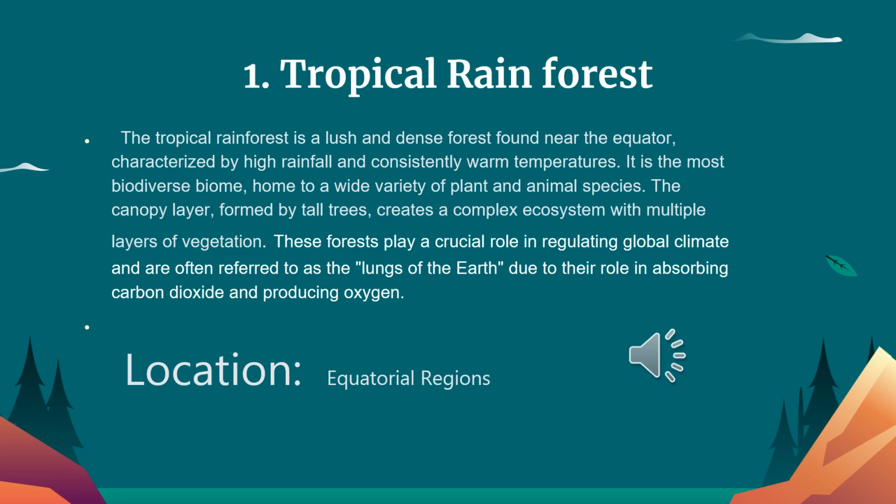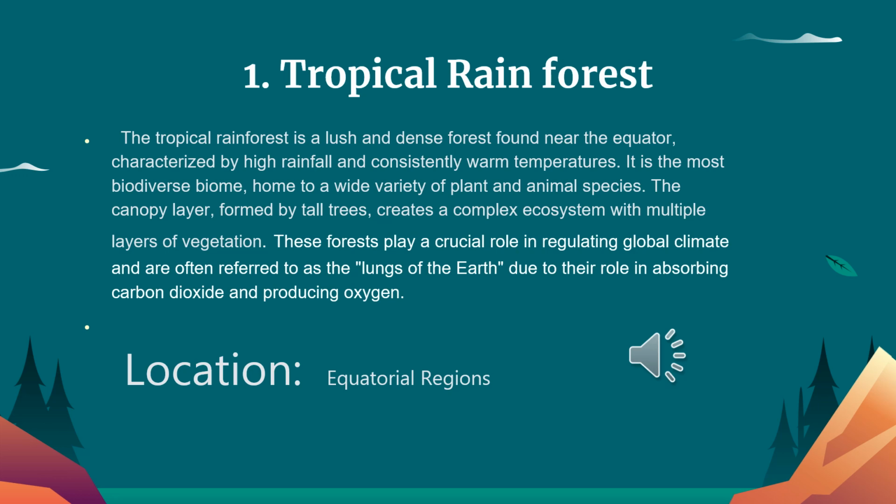The first biome is the tropical rainforest. What's a tropical rainforest? A tropical rainforest is a lush and dense forest found near the equator, characterized by high rainfall and constantly warm temperatures. The tropical rainforest is specified by high rainfall and constantly warm temperatures, but